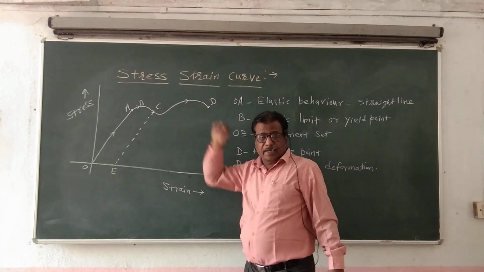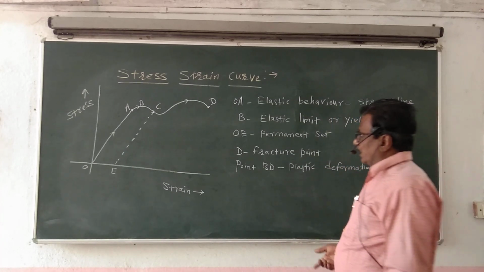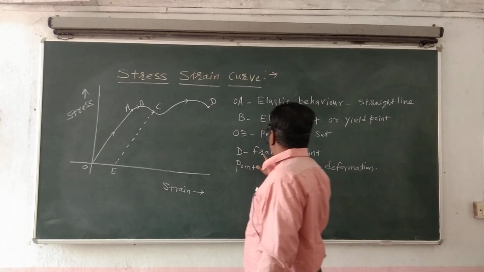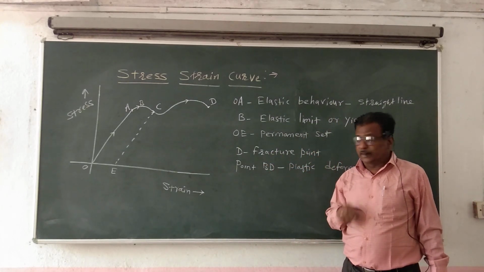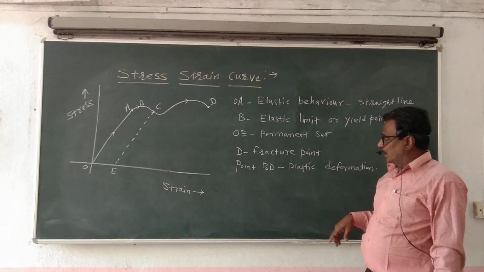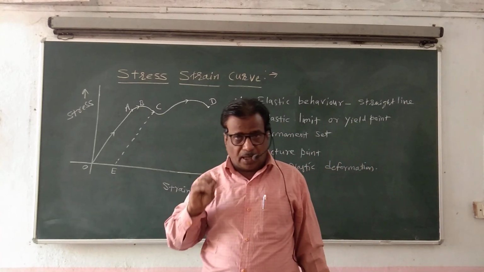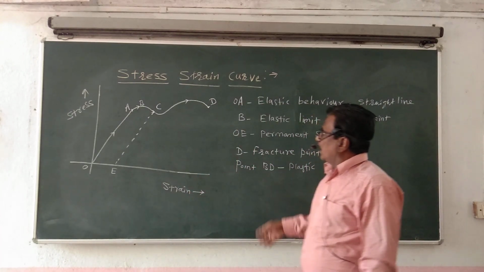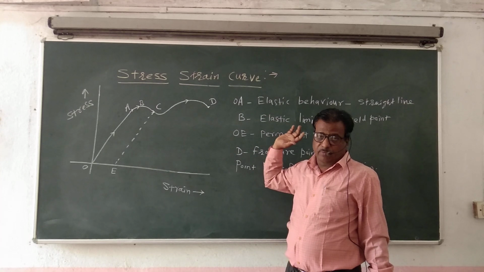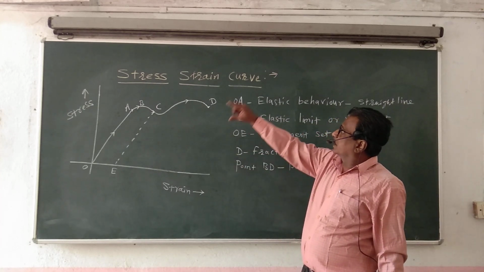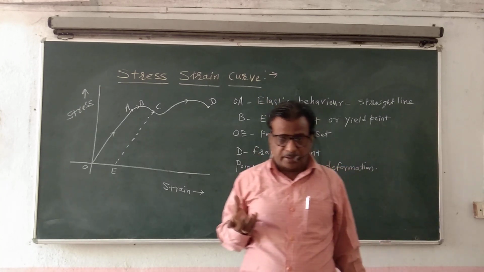After that, when we again add a load to the wire, it elongates again, and at the point D there is a fracture point. That means there is a neck formation in the wire. When there is a neck formation, after we add another weight to the wire, after some time the wire breaks. So that is called the breaking point of the wire. So that is the nature of the stress-strain curve of a wire under a load.